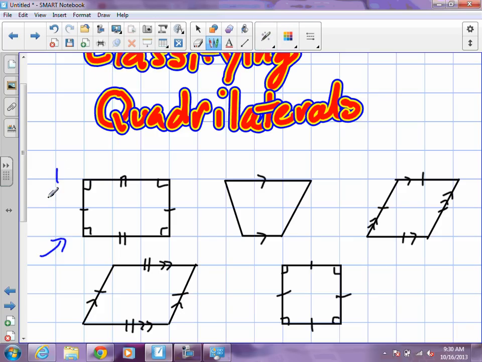For instance, our first example is called a what? Rectangle. A rectangle, be very specific with these rules, has two pairs of sides, okay, that are identical. So here's one, here's another, and it has four right angles inside of it. If we were to just talk about sides that are equal in length and parallel, technically these are parallel also,